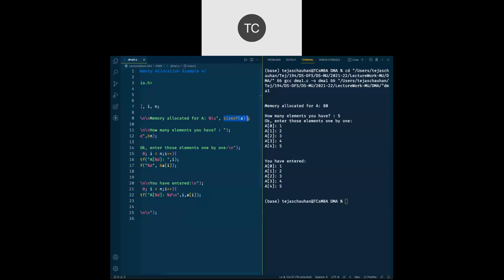Now here I have a 64-bit OS and it may have larger size also. So in this case I'm going for %LU. L for long, U for unsigned integer. So long unsigned integer, it is %LU.